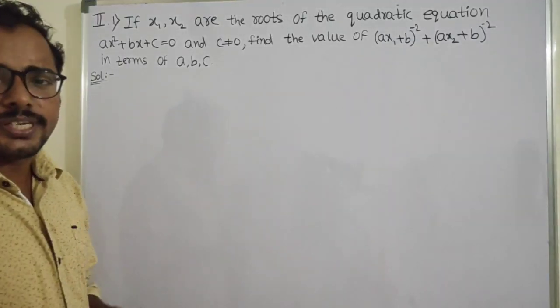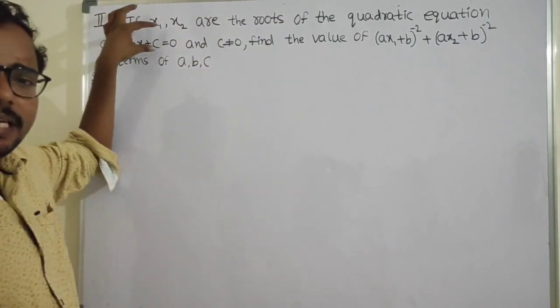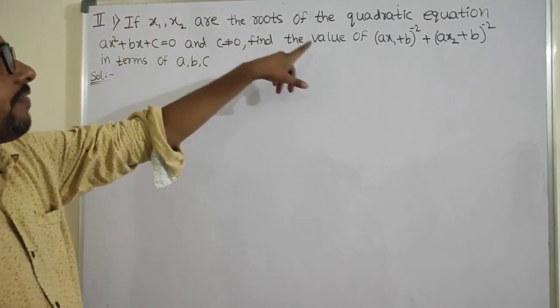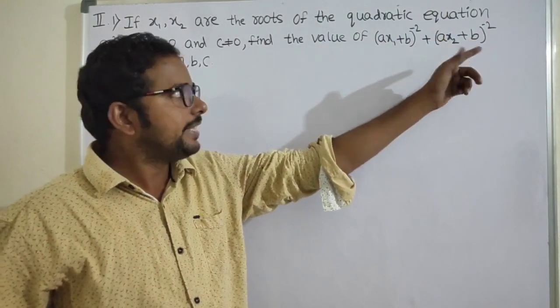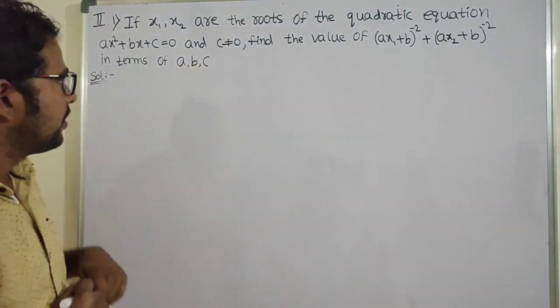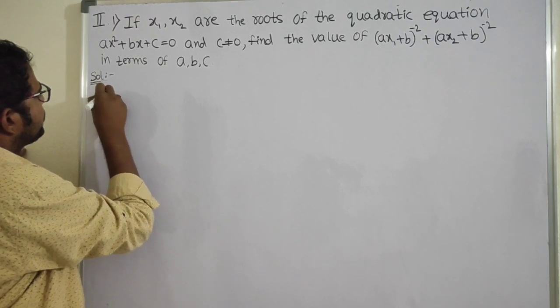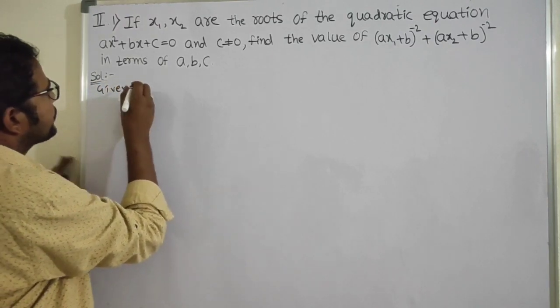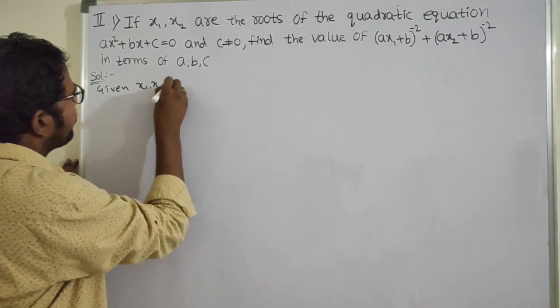Now second bit, first question. x1, x2 are the roots of the equation ax square plus bx plus c equals 0. Then find the value of (ax1 plus b) whole power minus 2 plus (ax2 plus b) whole power minus 2, in terms of a, b, c. First write what is given. Given x1, x2 are the roots